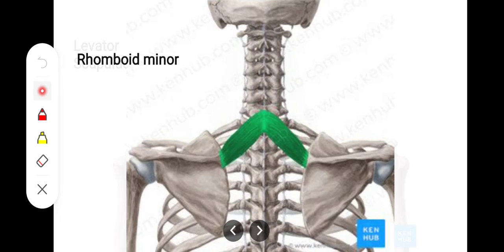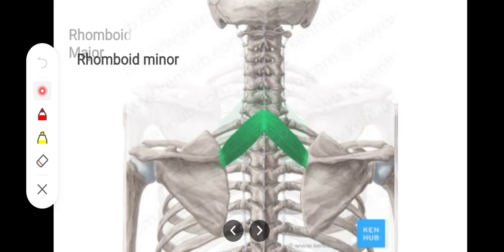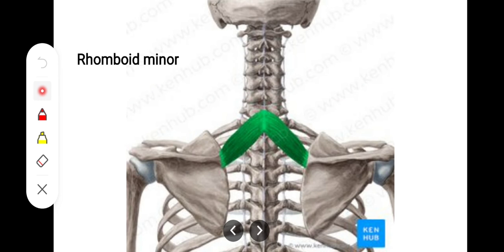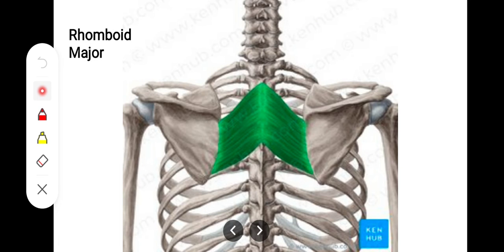The fourth one is the rhomboid minor. So just like we had rhomboid major downwards, upwards we have the rhomboid minor muscle getting its origin from the lower part of the ligamentum nuchae and also from the C7 and T1 spines. बस छोटी सी जगह से इसकी origin होती है, and then it gets inserted onto the root of the spine of scapula, right? And then we have rhomboid major getting its origin from the T2 to T5 spines of thoracic vertebrae, and it's getting inserted onto the medial border of scapula just below the root of the